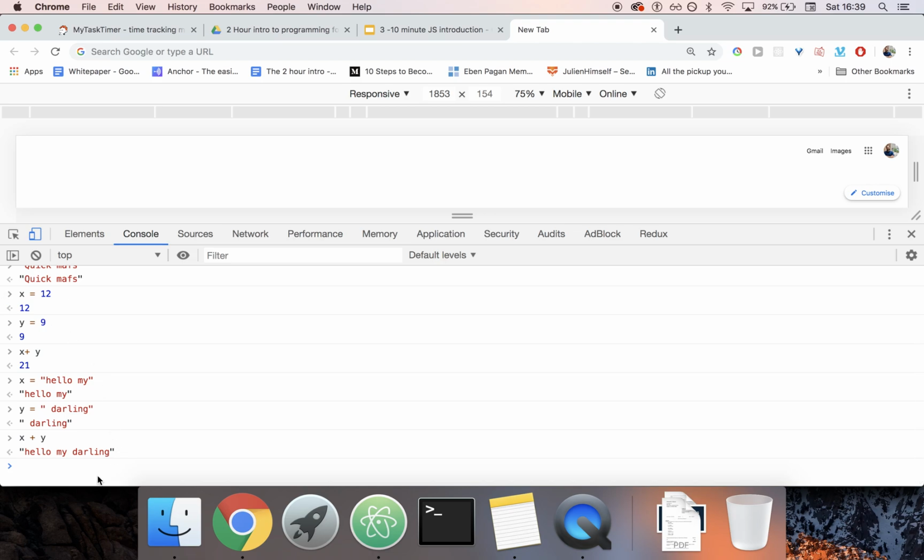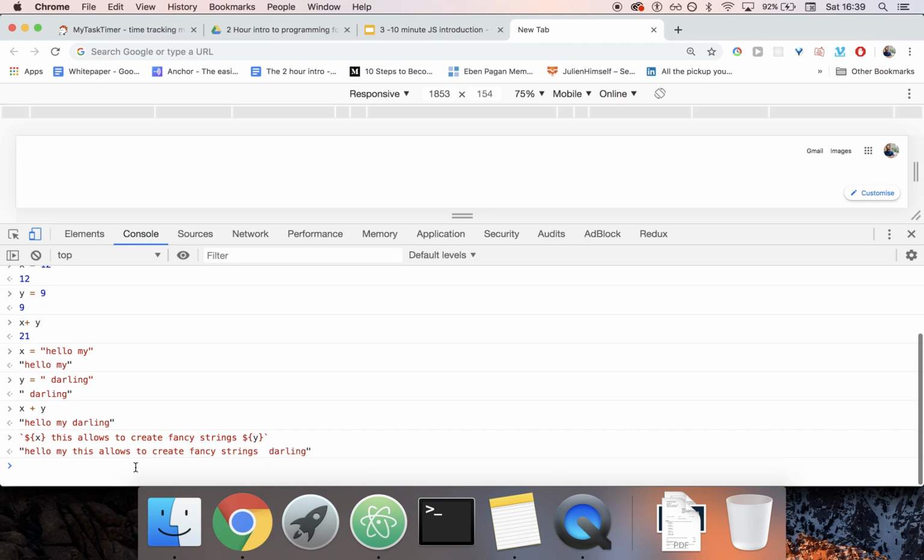This is very interesting. Another way to do it is with these backticks, which allow us to embed variables through this janky way: doing $, curly brace, variable, closing curly brace. This allows us to create fancy strings. And then we're gonna do the other variable. And as you can see, it allows us to create this weird janky text that is dynamic based on other